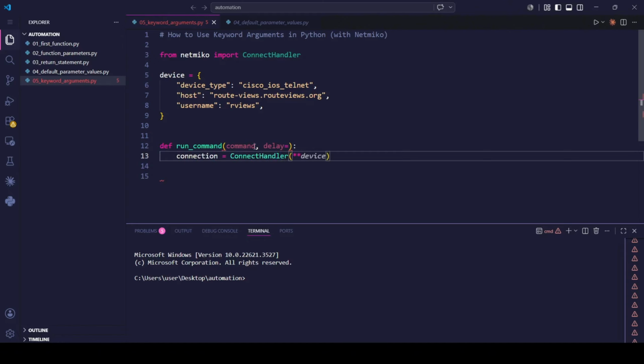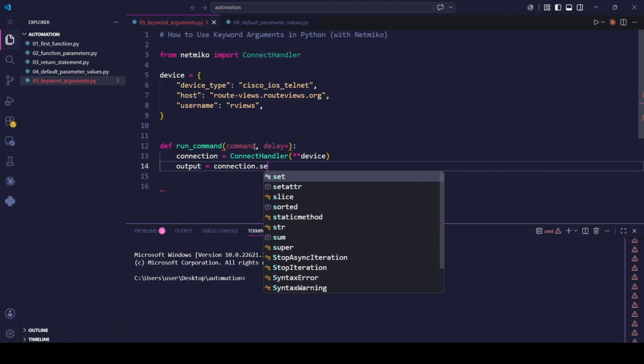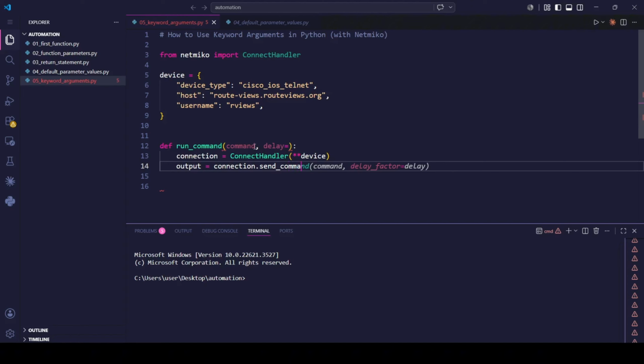I'm just going to unpack the dictionary called device, and create a variable called output, and call the send_command method, and pass in the keyword arguments,